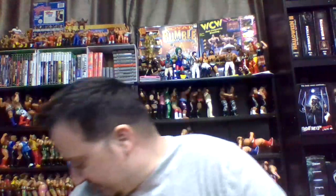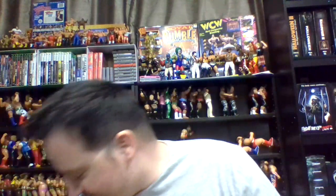Alright, so the next one, this is an interesting figure. Once I started buying up all these different Ram Treasures figures, I said to myself, I'm not even going to wait anymore. The second they come out with a new figure, I'm going to purchase it immediately. But